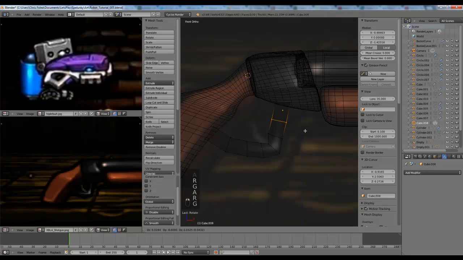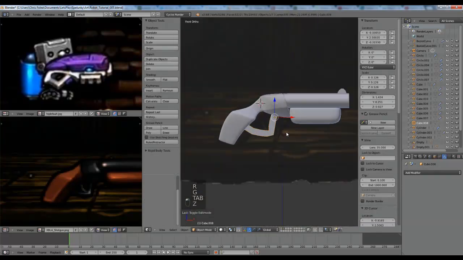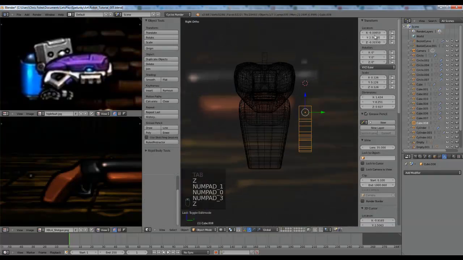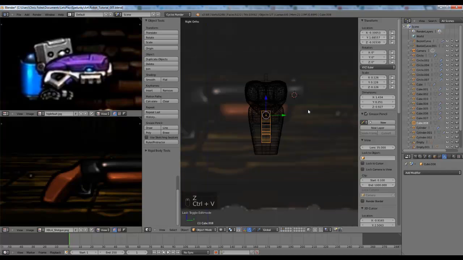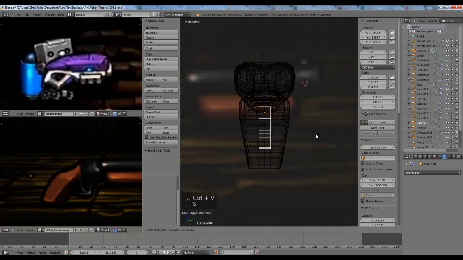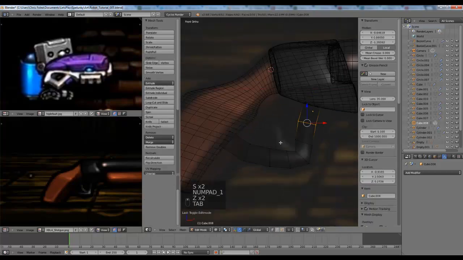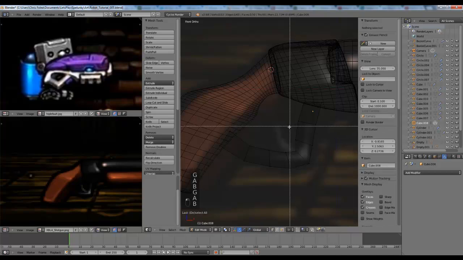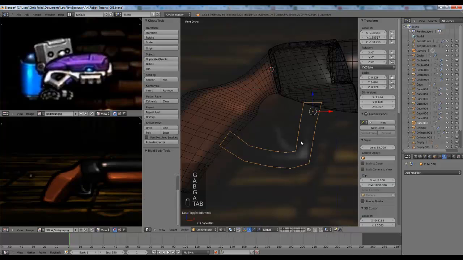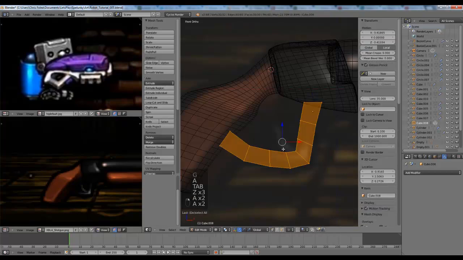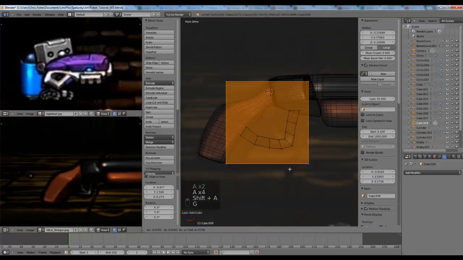Very cool. Then we also will need to move this to 0 on the y-axis. Not 0, but wherever the other stuff is. Scale it down on the y-axis. And we can even adjust these to make it a little bit more appealing, like so. Then we can add a cube,